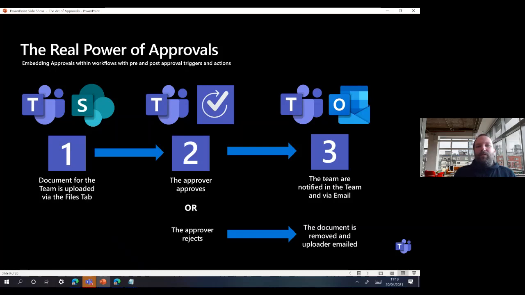We're going to work through these 3 steps. Number 1, imagine that I upload a document to a team within Microsoft Teams, to the Files tab. We use Power Automate to create a workflow, and then we put an approval in there. So after I've uploaded that file,